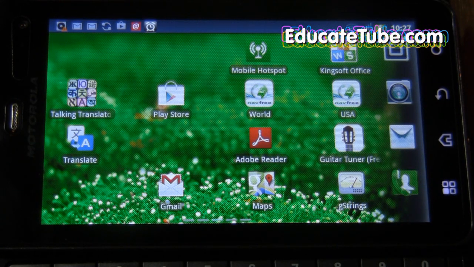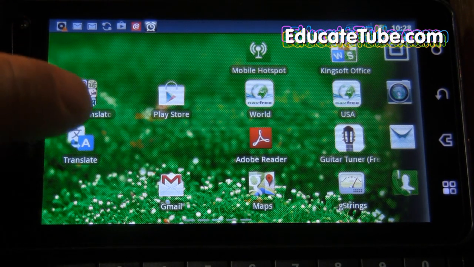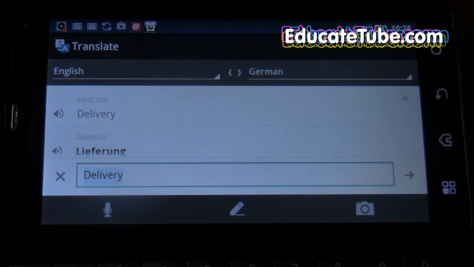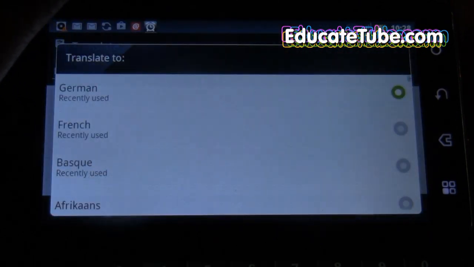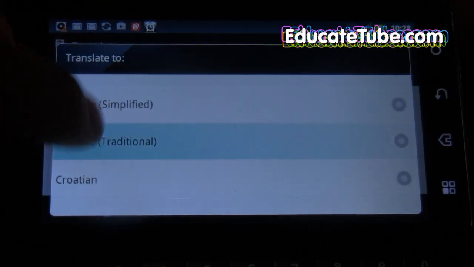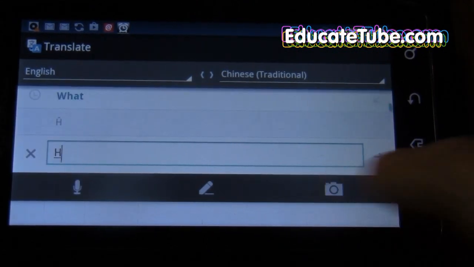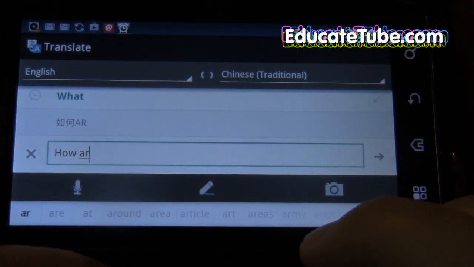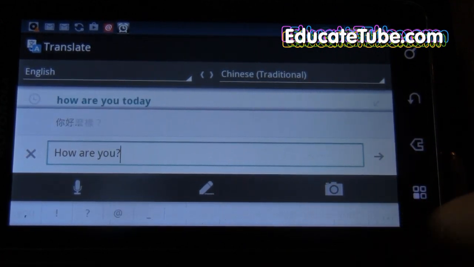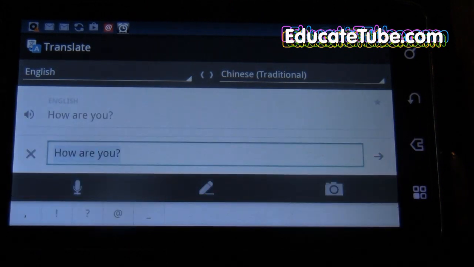Now what's amazing about it is that you can actually speak to it and it will translate and even pronounce the word for you. Let me show you, let's do Google Translate first. For example, I'm going to translate English to Chinese. Let's check Chinese Mandarin. Okay, we'll make it traditional Chinese. For example, if I type "How are you?" on Google Translate and press enter, it gave me